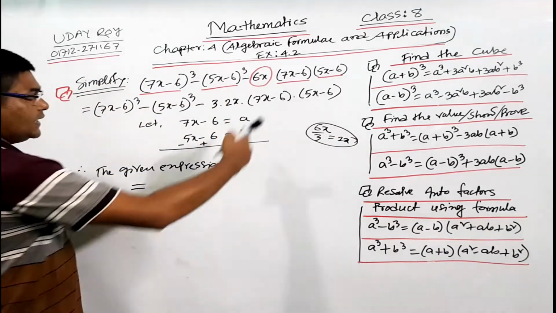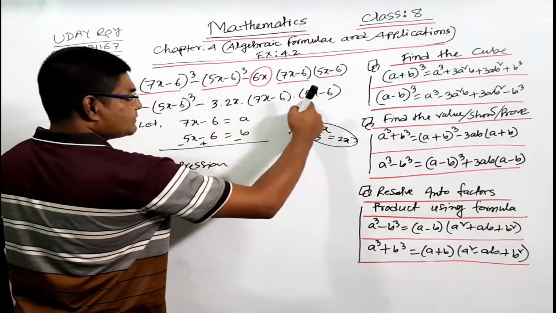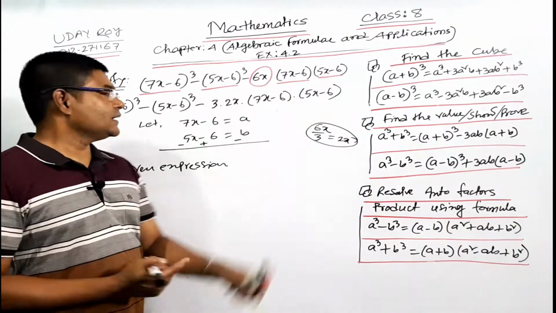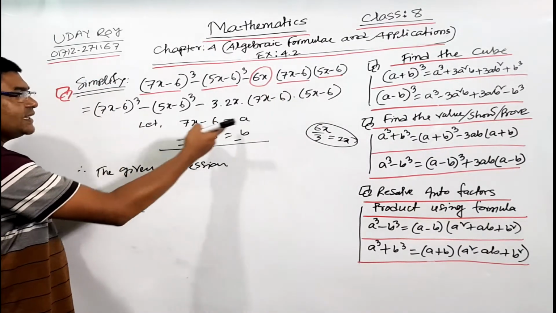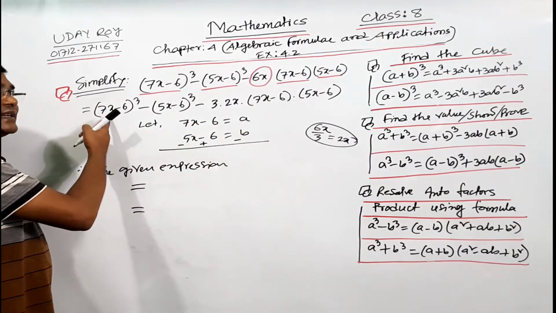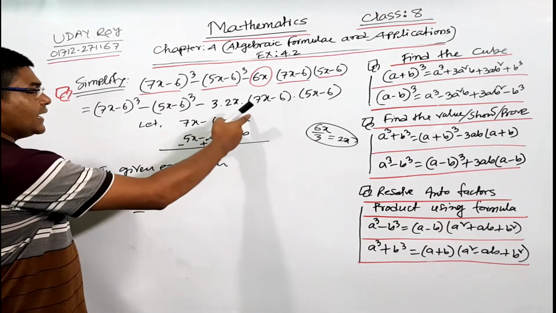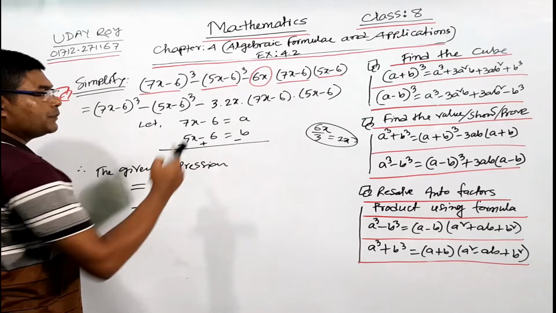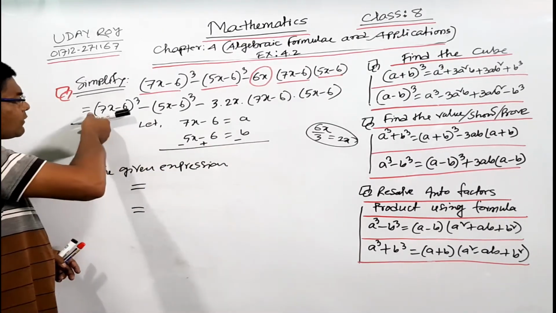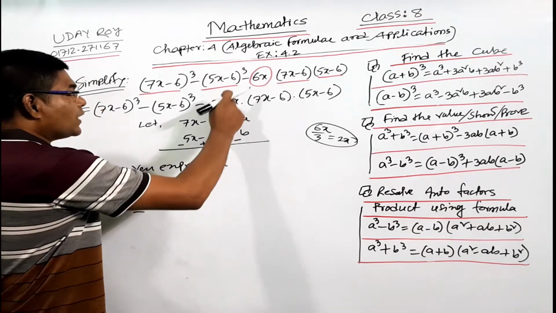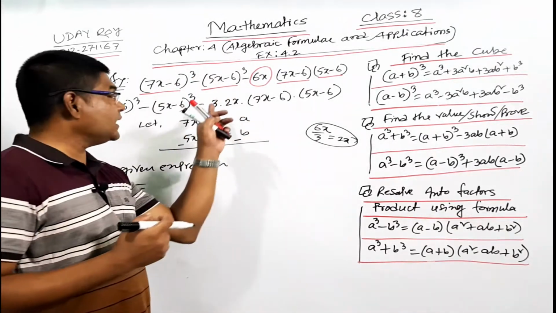Now you can see here is 7x minus 6 and 5x minus 6. Now we have to start: let 7x minus 6 equal to a. Why a? Because this is described by x. For this you have to take a, and this equal to b. So already we have got a and b, but we have not got 2x equal to what? So you have to bring 2x.